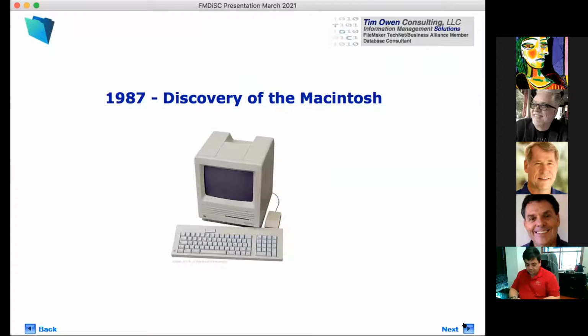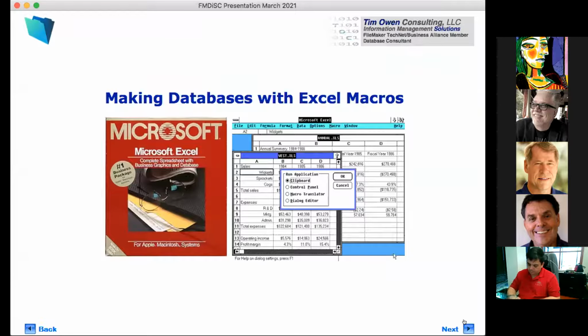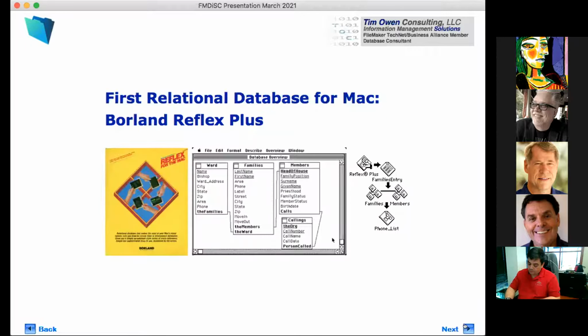In 1987, I spotted an early Macintosh sitting on the table in the office where I worked. And I figured out how to use the Mac to manage the mineral exploration and mining leases that I was responsible for the company. Initially, I was using Excel macros to do that